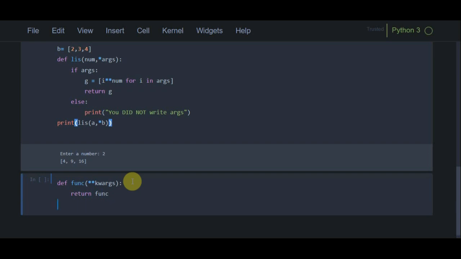So as I'm returning the function, I am calling it func, and in the call we have first name, my first name, and then last name, my last name. All right.